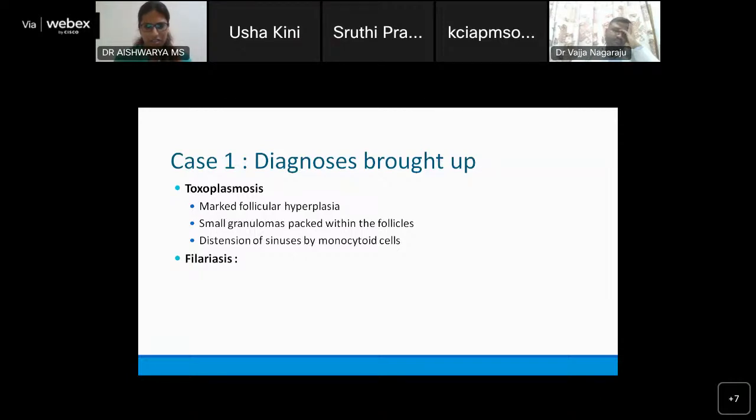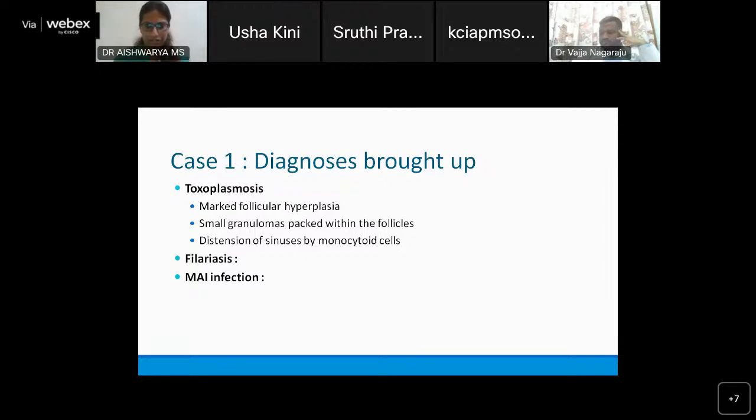Okay. Another point is in filariasis, if they are dead, that is when the reaction really happens. So we did not find eosinophils. You find them all calcified, so-called lifeless. But I don't think it is filariasis because there is no such morphology to it. Though there was a little fibrosis at the end, I'm sure it is not fitting into filariasis. MAI infection. Someone thinks it could be tuberculosis with intracellular atypical mycobacteria.